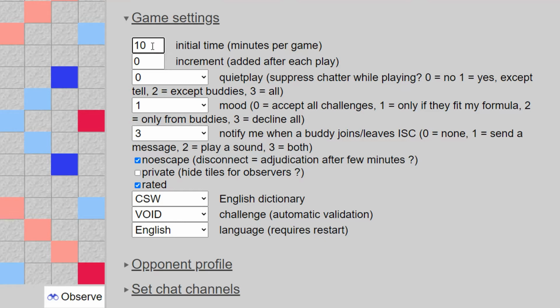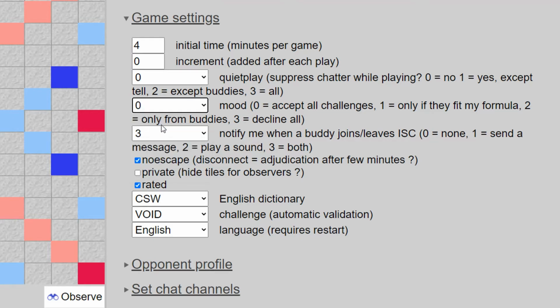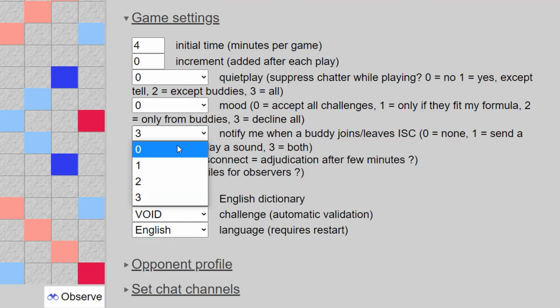You can set your initial time of the game as per your choice. You can go to the mode option and select 0. Notify me when a buddy joins or leaves. That's 3.